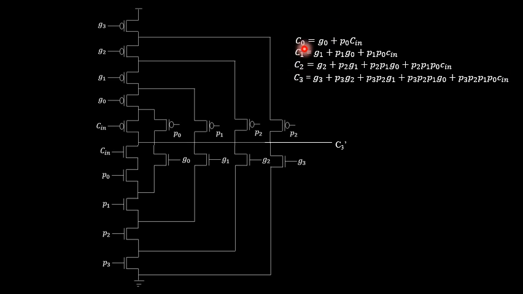This is the expression which I have taken from the second slide for each individual carry output. C0 is equal to G0 plus P0 Cin, similarly C1, C2 and C3, wherein I have substituted the different values for k. If I want to design this expression in terms of a CMOS logic structure, you might see this logic structure wherein I have written the output as C3 complement, but I require C0, C1, C2, C3 in non-complemented form. I already told you in the second module, if I want the outputs in non-complemented format, I have the output generated as C3 complement. If I cascade that C3 complement output with one more CMOS inverter, the output generated from that inverter is C3.